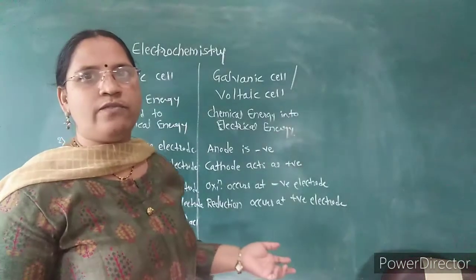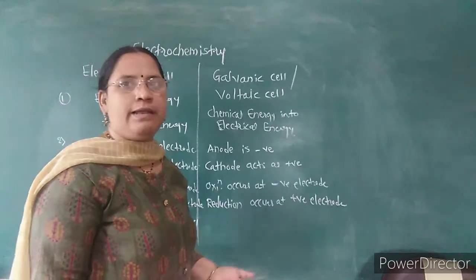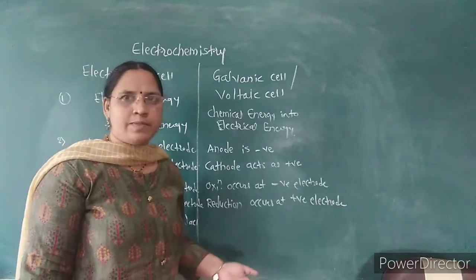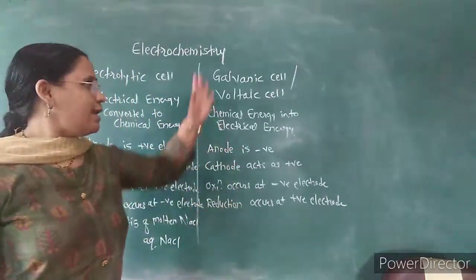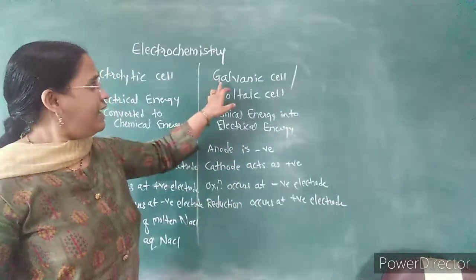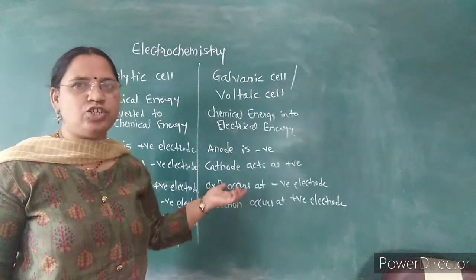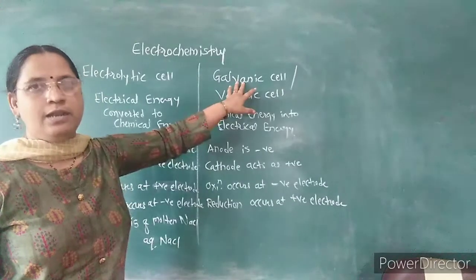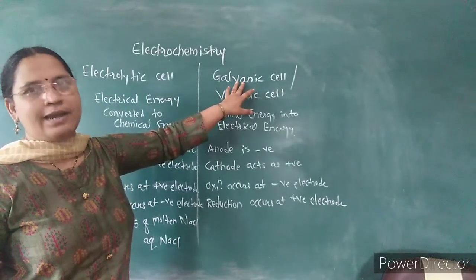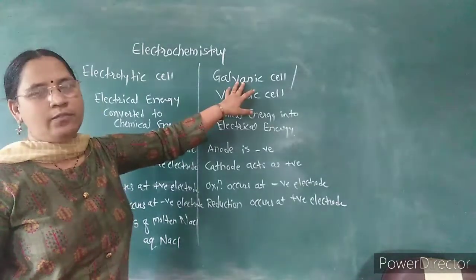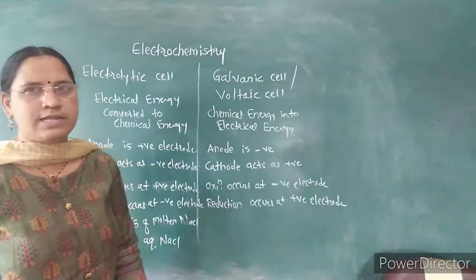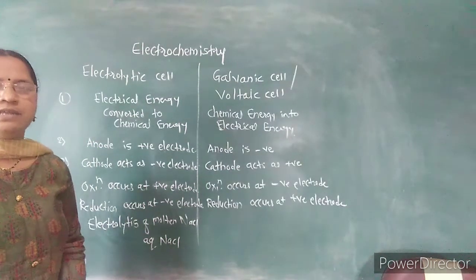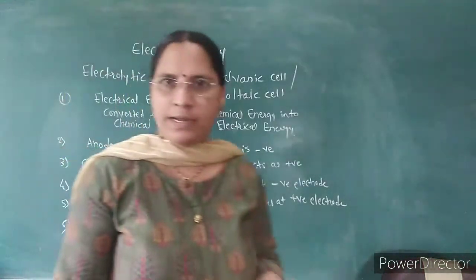Galvanic or voltaic cells are the day-to-day cells which we are using, like dry cells. Then our car battery, called the lead accumulator. Fuel cells are there. Nickel cadmium cells are there, or our button cells. All types of cells which we use in everyday life are galvanic or voltaic cells. Daniell cell is a general example for the galvanic cell. So these are the examples: Daniell cell, voltaic cell, nickel cadmium cell, lead accumulator, fuel cell. Generally a question is asked to distinguish between electrolytic cell and galvanic cell. These are nothing but the two types of electrochemical cell.